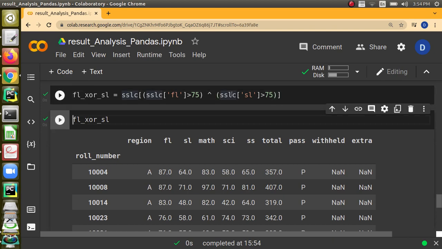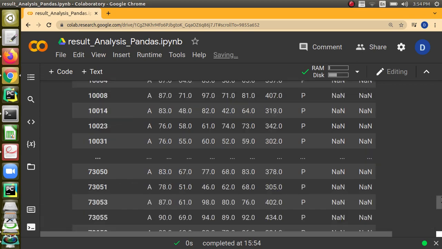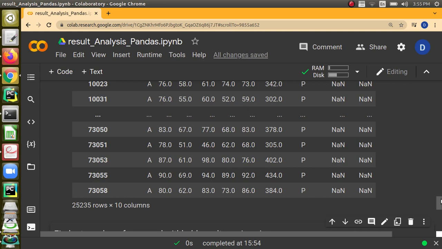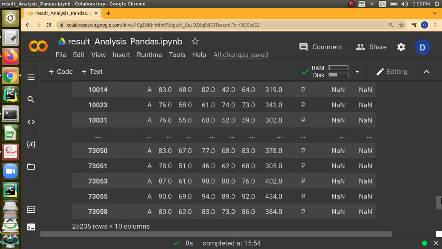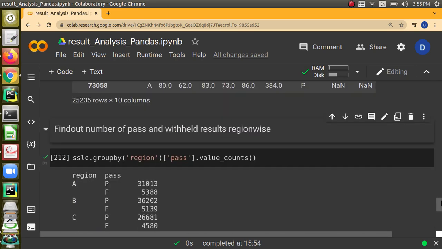So we can tell XOR of, and when you display it, you can note that the student has scored greater than 75 in first language but in second language lesser, greater in the first but lesser in the second one, and towards the end also greater in one of the languages, not in both. Then we can use XOR. It's like the bitwise operators only.